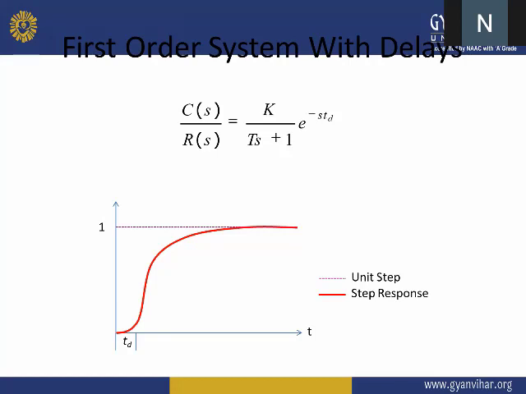Initially, when there is no time delay, the graph starts exactly from 0, like over here. But with the introduction of this time delay, a delay has been provided in the step input, and it starts after some time delay of this much. Okay, the response we are getting comes after some time delay. Though we will be getting the same output, the delay will be provided in the initial phase of the response.